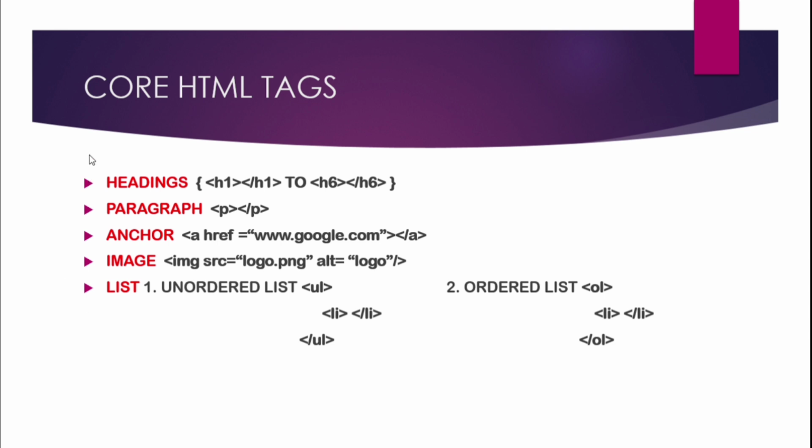But in the ordered list, we'll get the format like numbers, like 1, 2, 3, 4, 5, 6, in an ordered manner. We can also get A, B, C, D, which is nothing but the ordered list. Then